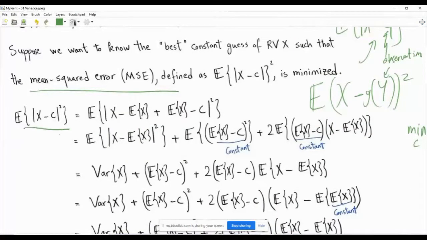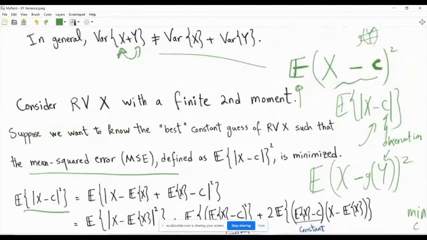Let's start with our objective function, and let's insert the mean value of x. The assumption, of course, here is that I am talking about a random variable with a finite second moment. If the second moment is finite, then we know that the first moment and the absolute first moment will be finite. So this will be guaranteed, and the expectation of x now is just a finite number.